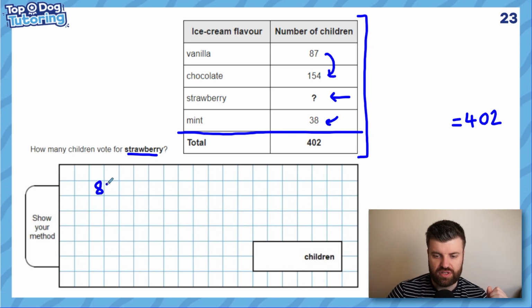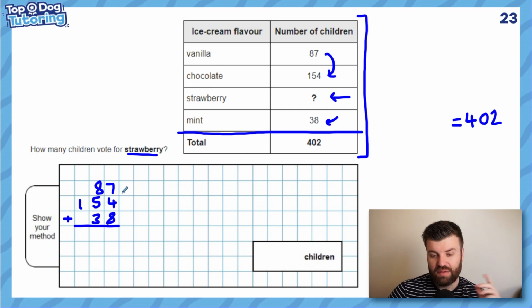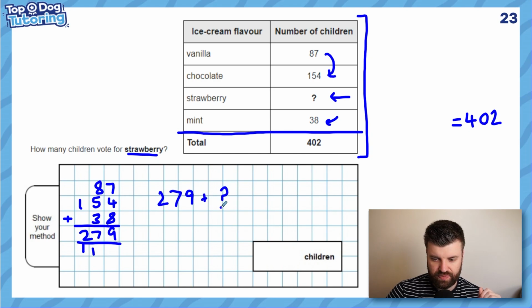So for this, we're going to do a column addition. 87 plus 154 plus 38, like this. Little hint, when you're adding more than two numbers, you can still use column method. 7 plus 4 is going to give us 11. Plus 8 gives us 19. So we're on 19 there. 8 plus 5 is 13. Plus 3 is 16. Plus 1 is 17. And then 1 plus 1 is 2. So we're at 279. So we have 279 plus whatever strawberry is, which we don't know, equals a total of